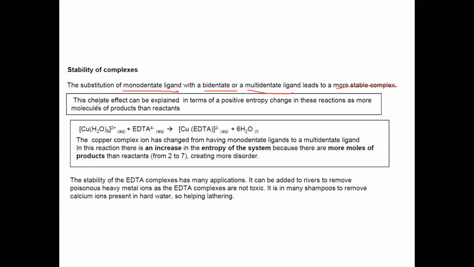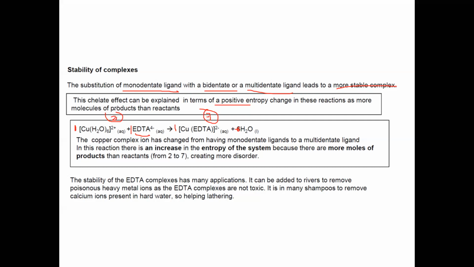Why? Because this effect can be explained in terms of entropy. How? If you look here, on the reactant side you have 2 molecules, but on the product side you have 6 plus 1, 7 molecules. So as the number of particles increases, the entropy will increase, meaning it will have greater disorder. So, for example, if you have EDTA, EDTA is a polydentate,